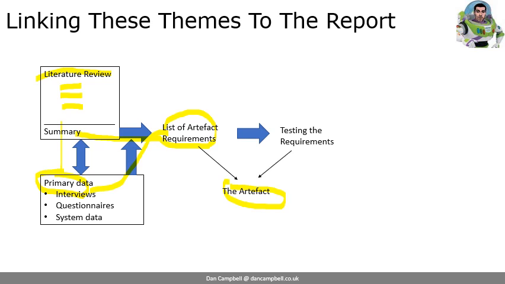Now everybody will do a slightly different report. Some of you will do just a literature review, some of you will do a combined primary data and literature review which informs the artifact requirements. Now think of the artifact requirements as a list of success criteria for your artifact. If your artifact can achieve each one of the items listed in that success list, then your artifact is fit